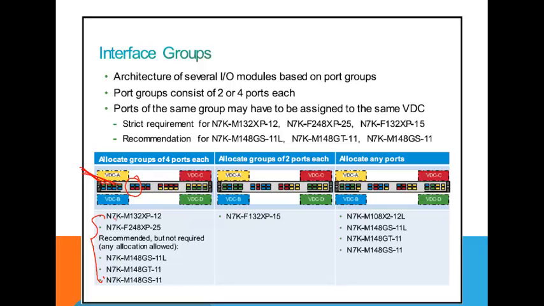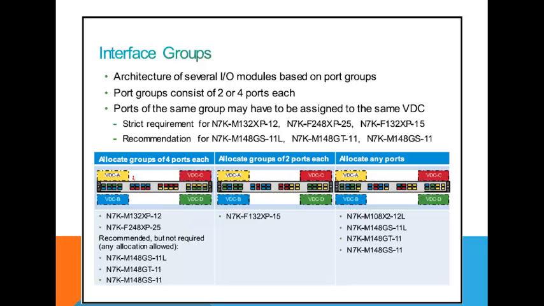Why? The below 4 belongs to another group. This is one group, this is another group. So if I want 8 ports in a VDC, then I can take all 4, no problem. But if I want only 4 ports, I should take only this. Let's say this is Ethernet